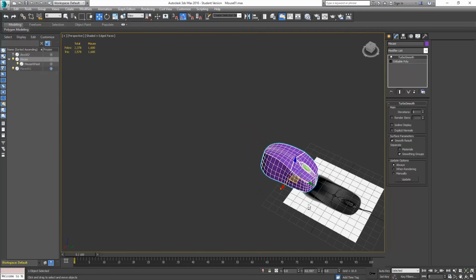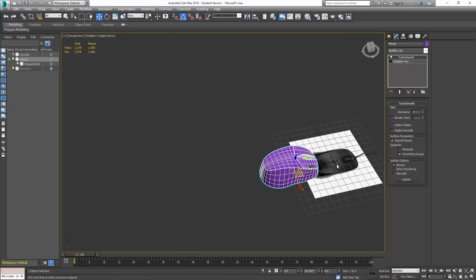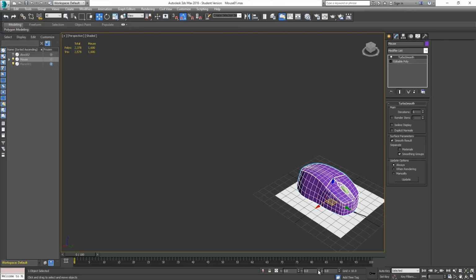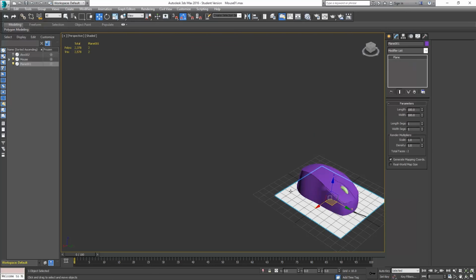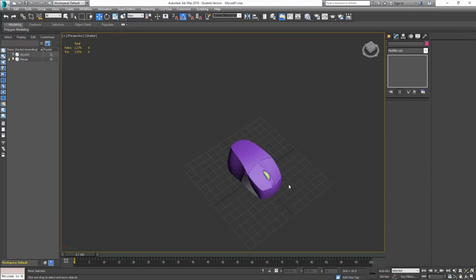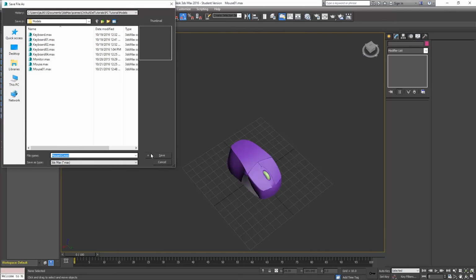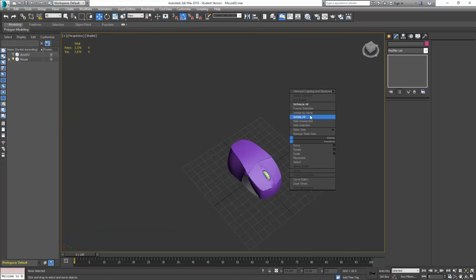Okay. And that's a very quick way of going about kind of modeling this. Now I didn't attach them together, I just simply moved. Let's move this back and we'll unfreeze all. I'll just get rid of my reference out of here. So I'll go to Save As, hit the plus button. I'm going to unhide all,